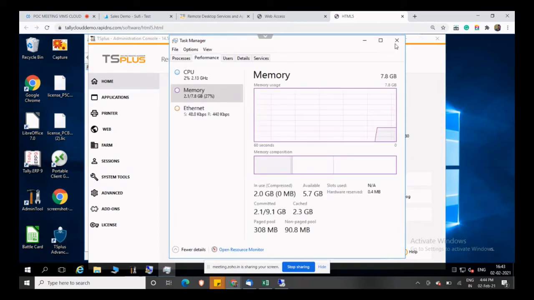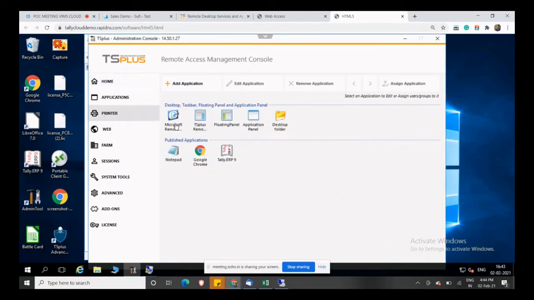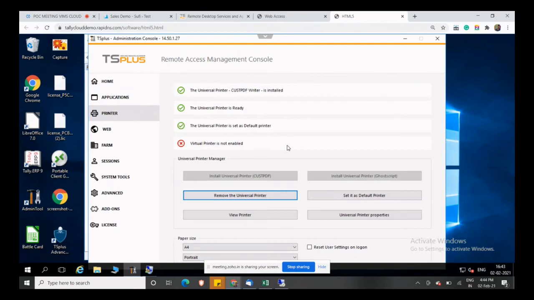And can you quickly show us the 2FA? What are the different options they have in TS Plus? Correct. The printer option is also there. It has a universal printer option, which means you can take a printout of whatever document is hosted in the cloud. You can redirect it to your local system without installing any third-party application within the virtual machine.